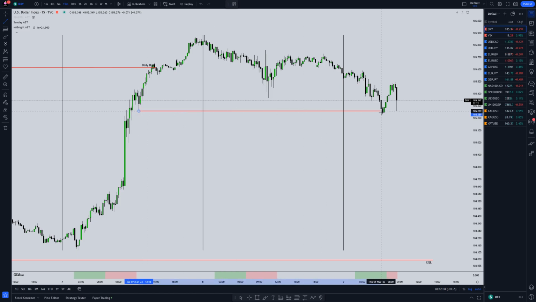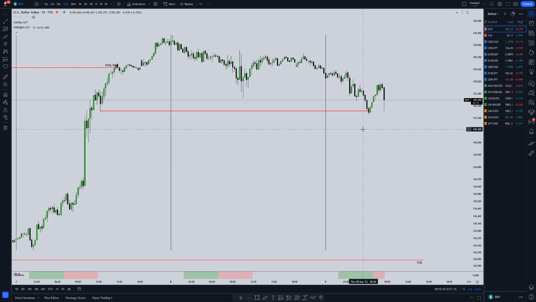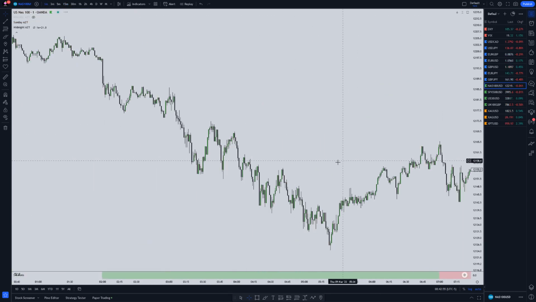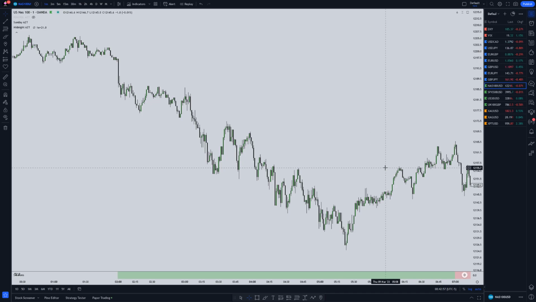We have a swing low here. It doesn't look like an equal low. So not as much of a reason, but VIX had a reason, NASDAQ had a reason. So we have two strong reasons for bullishness. Gotcha. And if you have that bias in mind, then as the day starts, maybe you're waiting for 9:30, maybe